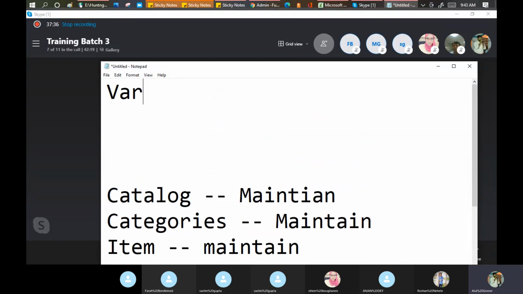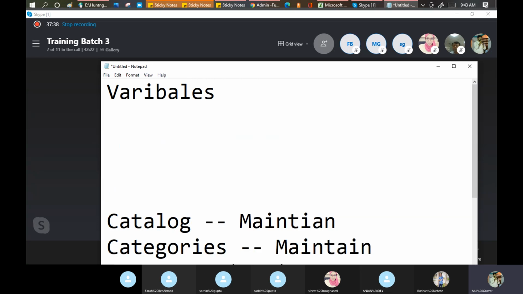These are two concepts now, variables and variable set. Anyone can tell me what is the difference between these two? A variable set is a group of variables. Okay. Anjan, what do you think? You are near to the answer, but not the exact one.